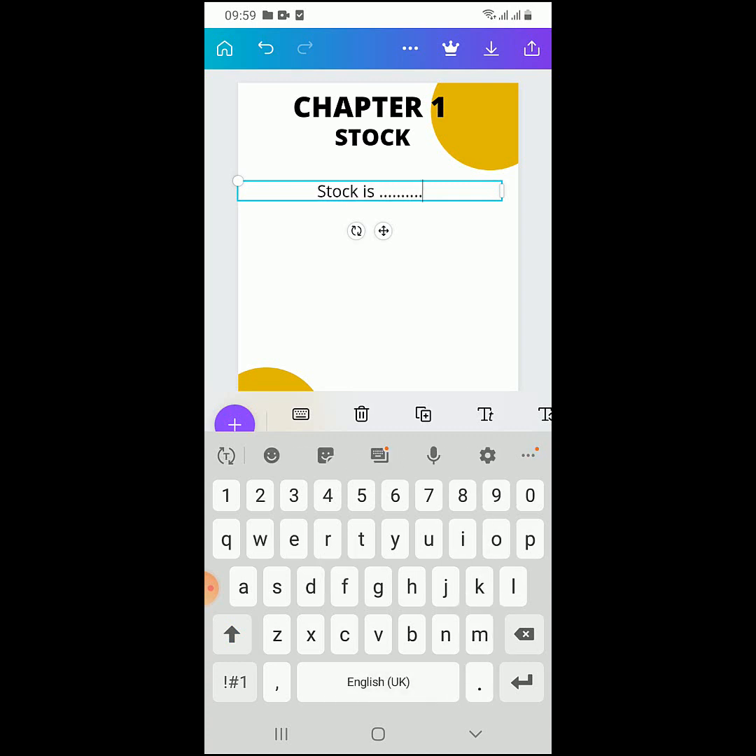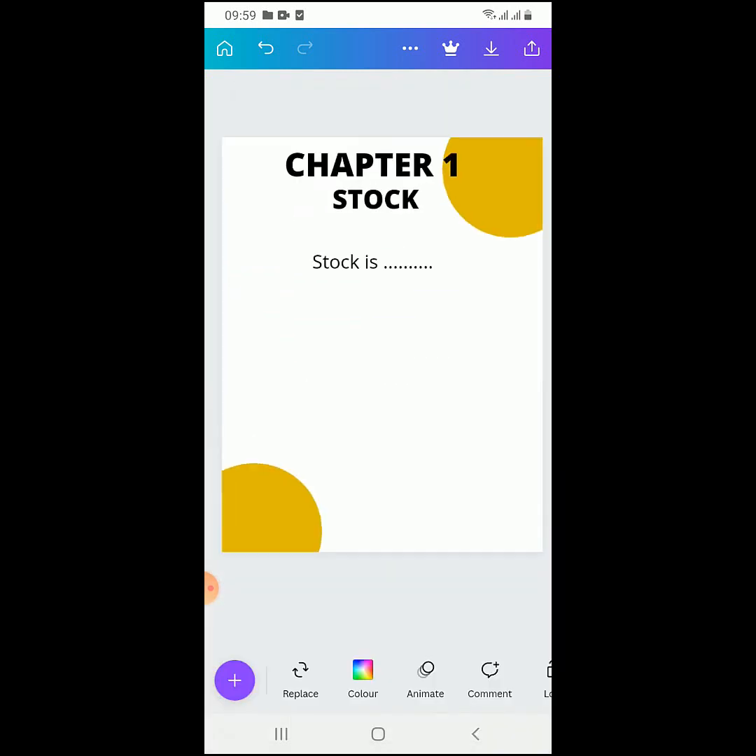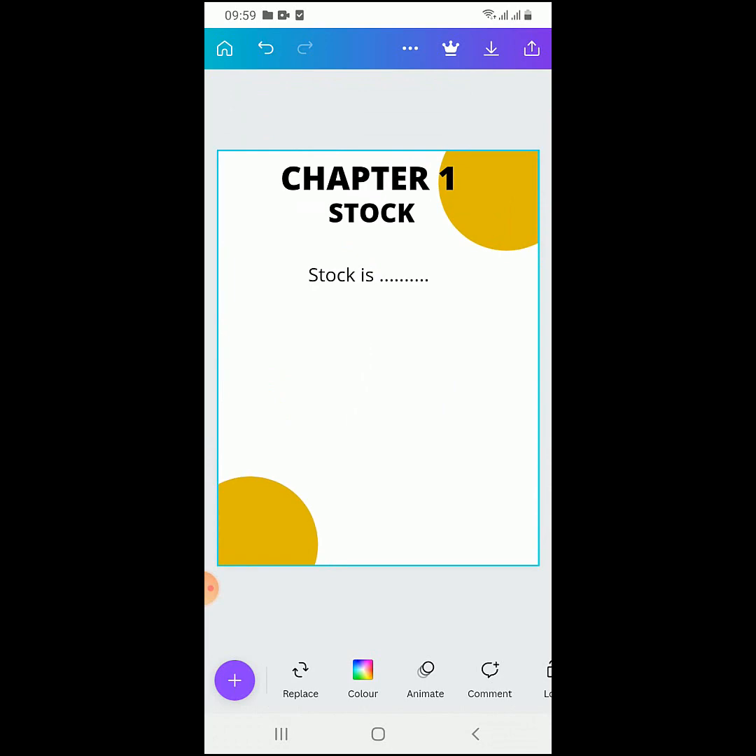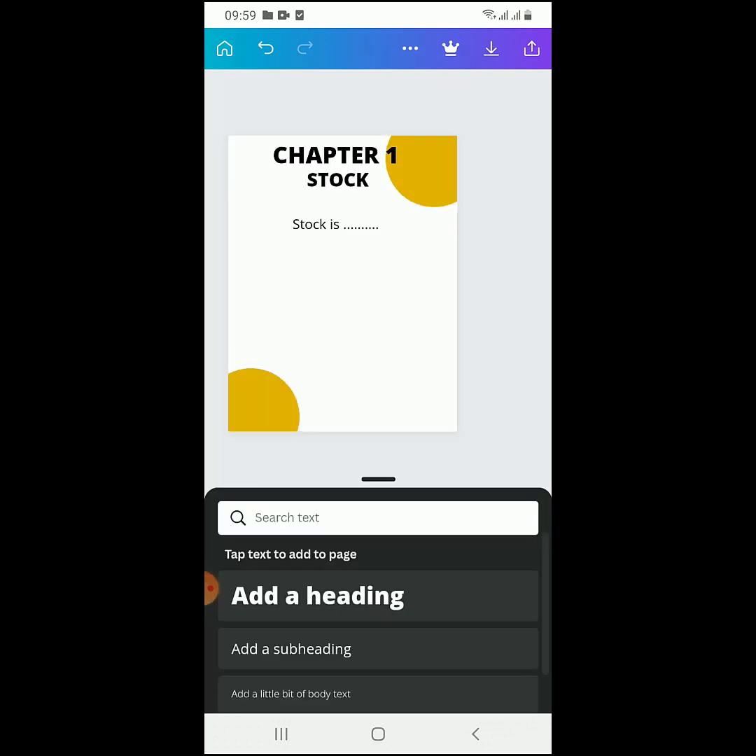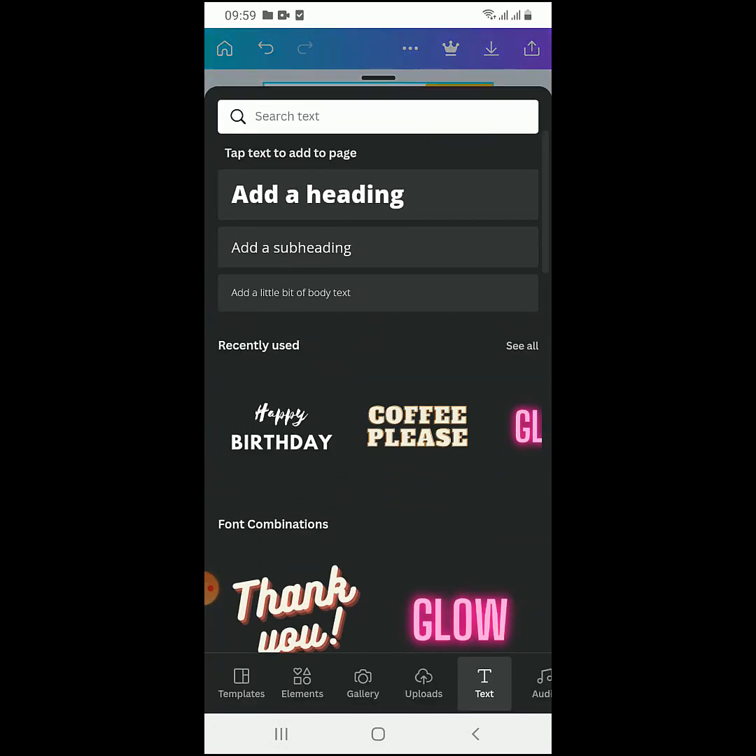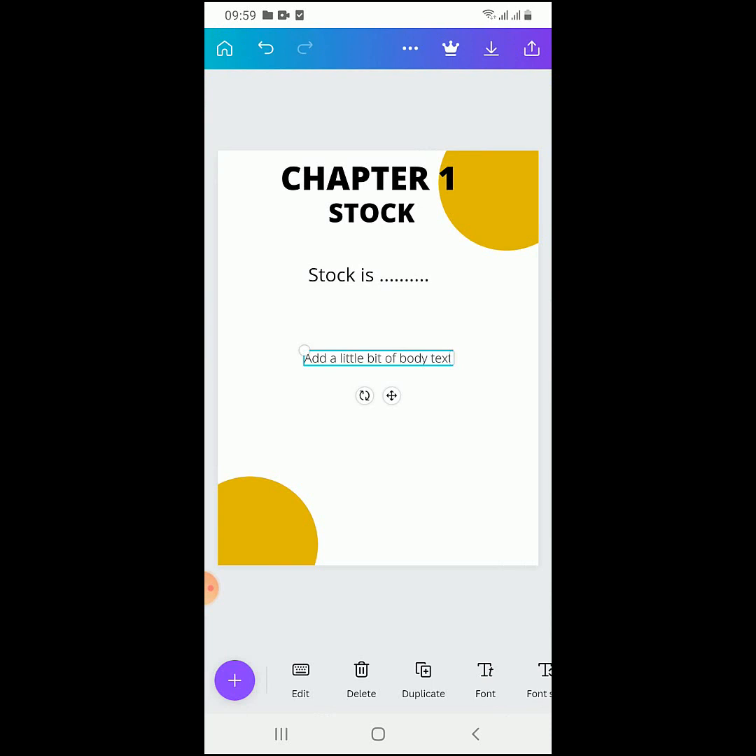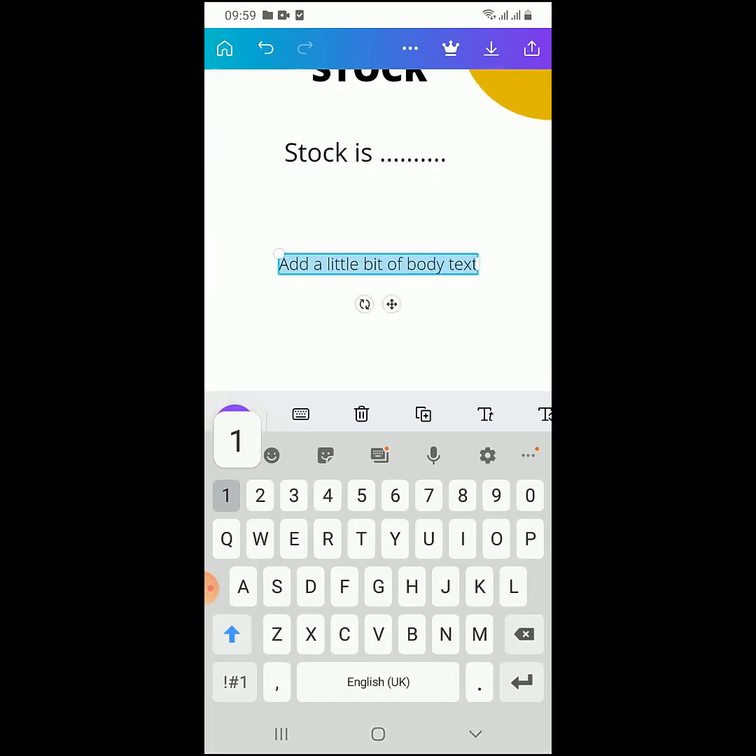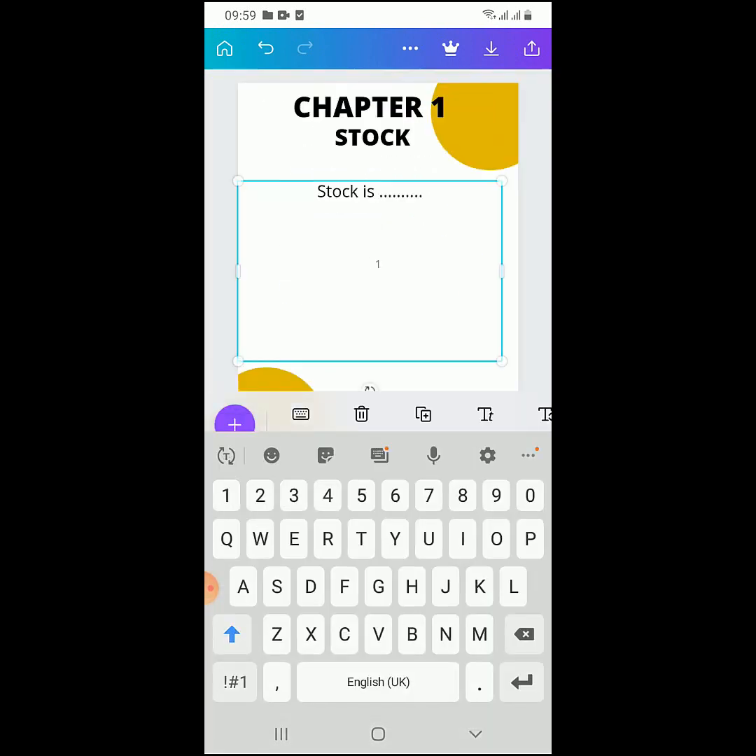So I get to type, put everything down here, and then if you want to put a number, you can come to the text again, and then come here and type number 1. This means that, okay,